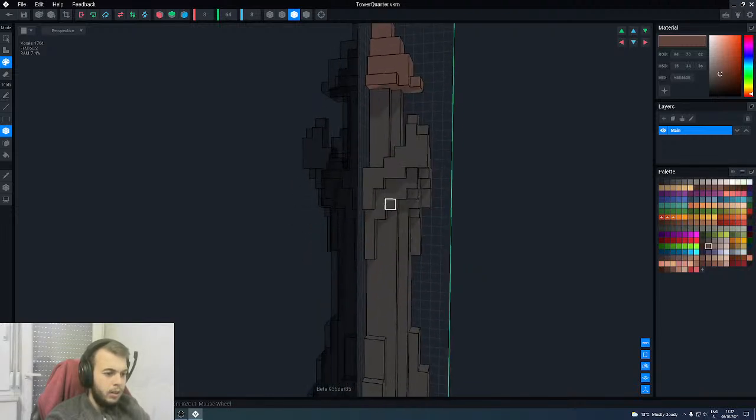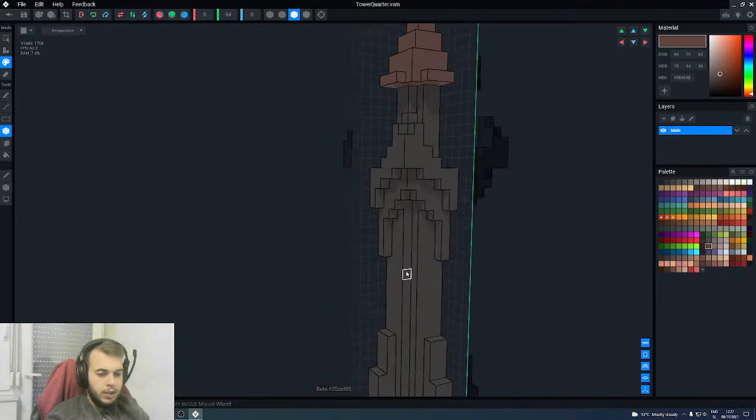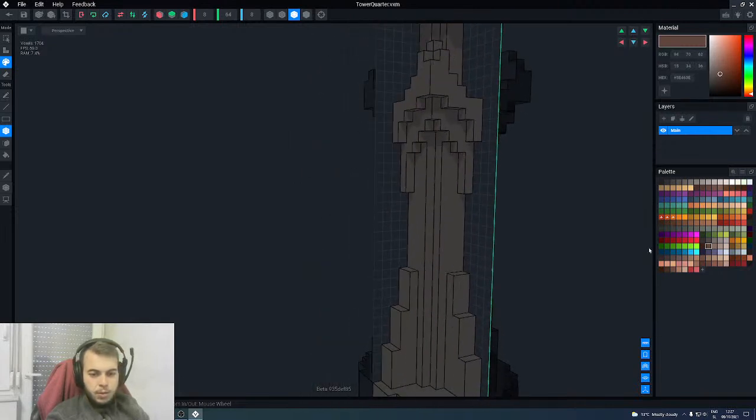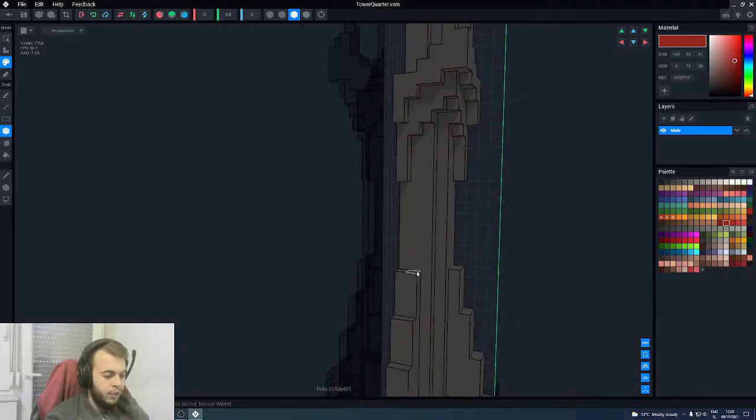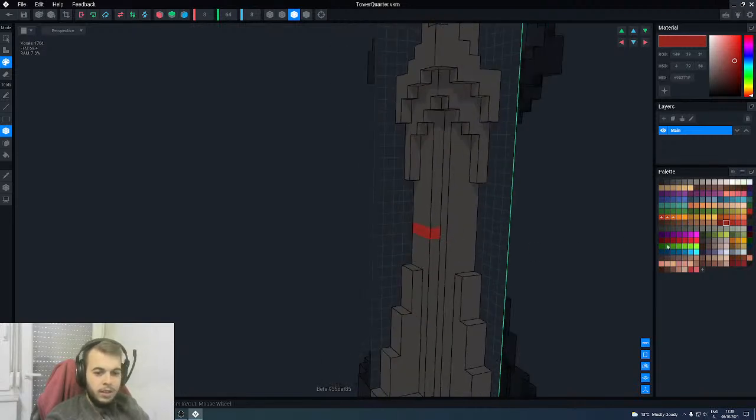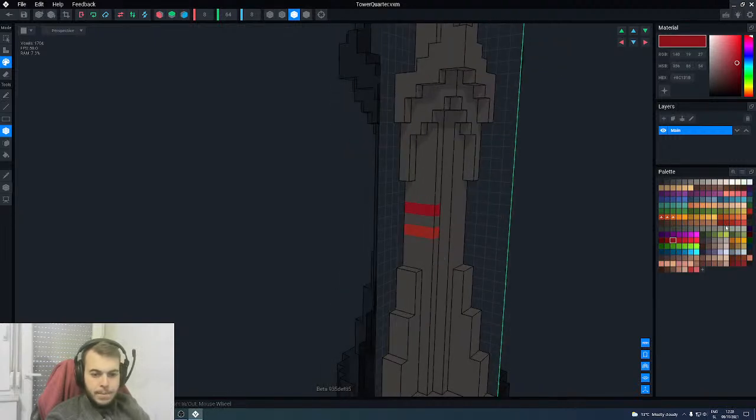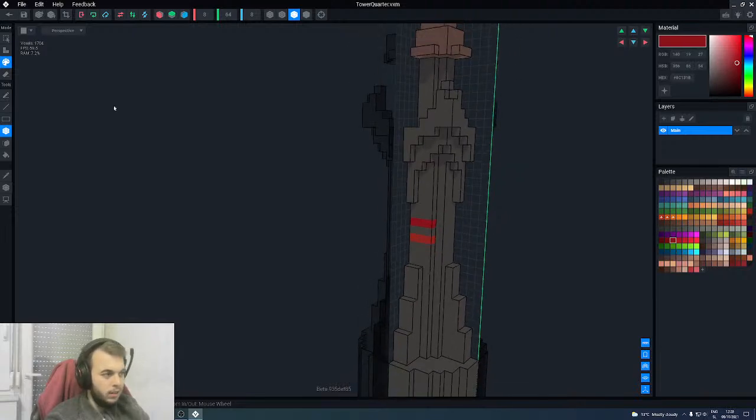Okay, and then I think I'd like to incorporate some of the, I don't know, red elements. So let's try to figure out kind of which red fits well with this. Do we have some other ones that we might want to use? Yeah, I think that's mostly it. Let me just